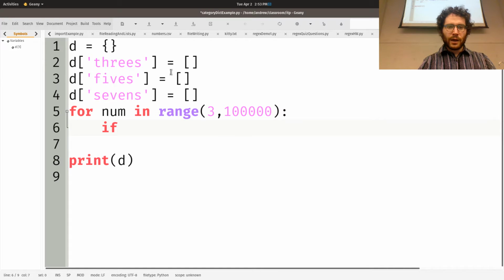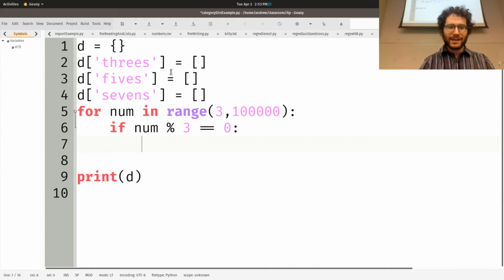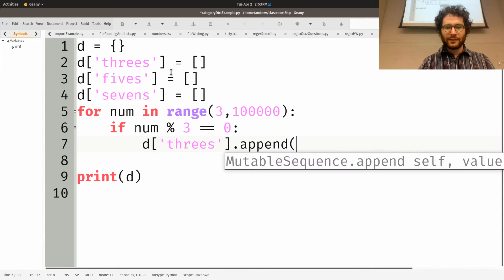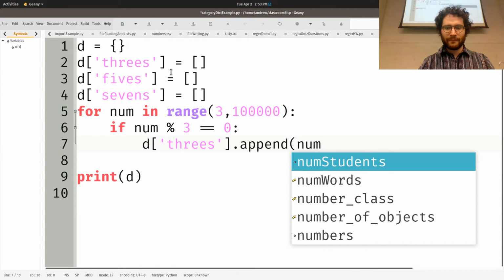If num mod 3 equals 0, so if the number is evenly divisible by 3, it's a multiple of 3, which means what are we going to do? We're going to do d dot 3s, and that's going to return the list that I just stored in there. Dot append, so we'll add in number to that,